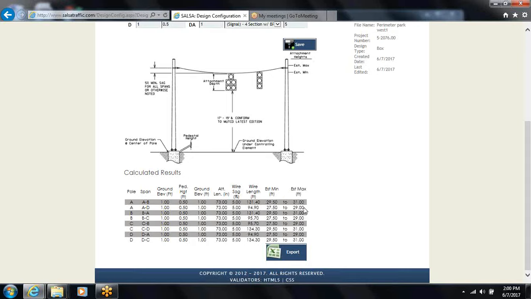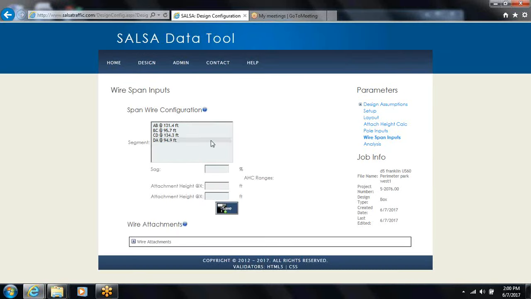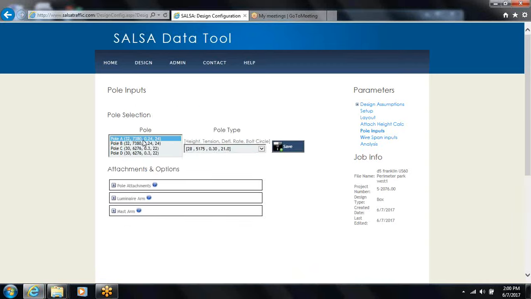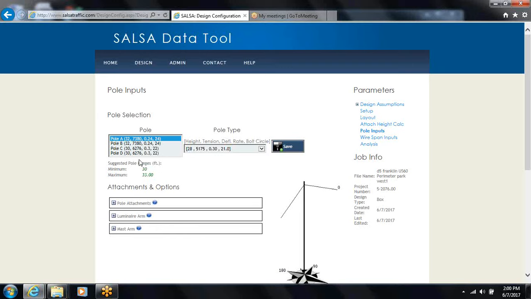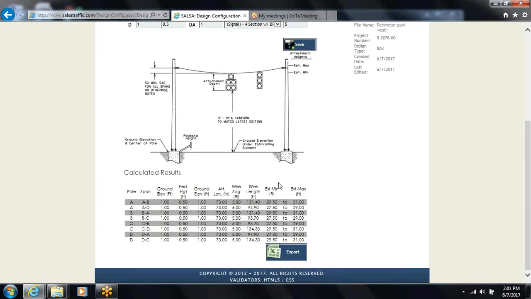This will help you later on your wire span inputs, as it will give you suggested ranges of where you can place these. And also on the pole inputs, it will give you a suggested minimum and maximum range of what height of pole you should choose. This will do this for each pole and each wire. And then it is the user's